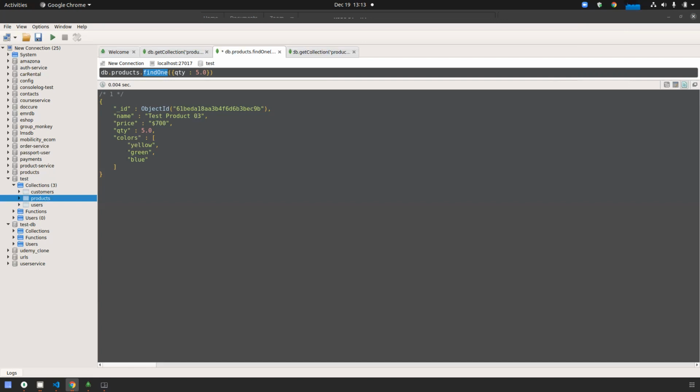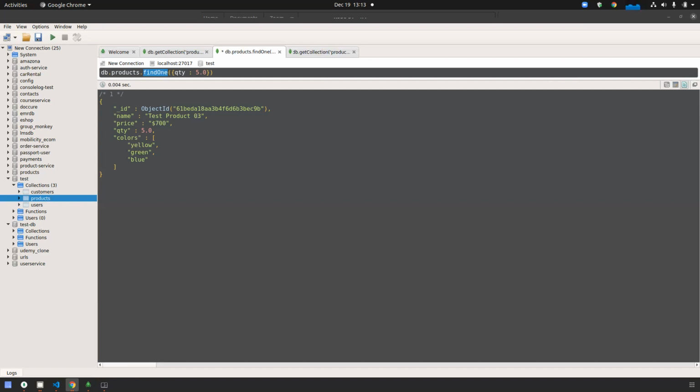If the second one also doesn't have 5 quantity, it will jump to the third one. So even if the fourth product is the one that has 5 quantity, it will display. What if none of the 4 products has 5 quantity? Then it will display nothing. Yeah, that's the question here.